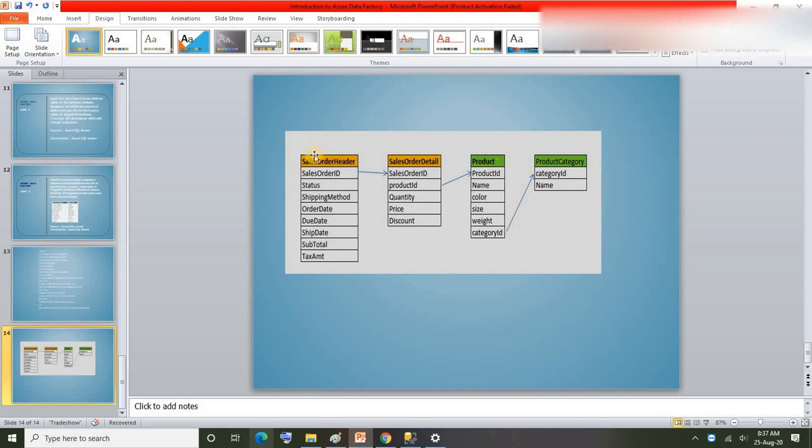If you observe here, I have already identified the tables and how to join them. If you look at this model, the main driving table here is the sales order table, which has most of the columns, and that table will be joined to sales order detail, and sales order detail will be joined to product, which will be joined to the product category table. Sales order table will be joined to sales order detail with sales order ID, sales order detail will be joined to product with product ID, and product table will be joined to product category with category ID.